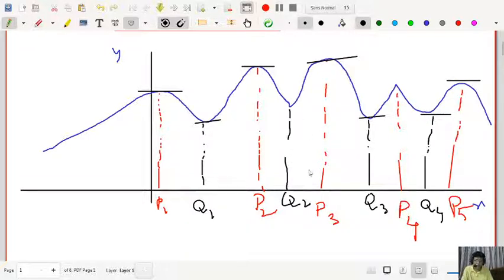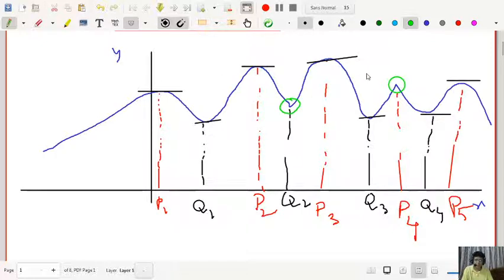But look at the point Q2, you have a sharp peak, a corner point. You cannot draw a tangent at that point. So the function is not differentiable here. But you see the function is continuous. That means the function is not differentiable at Q2 and at P4. So these 2 points encircled with a green color are not differentiable because they have a sharp peak or corner point at that point.